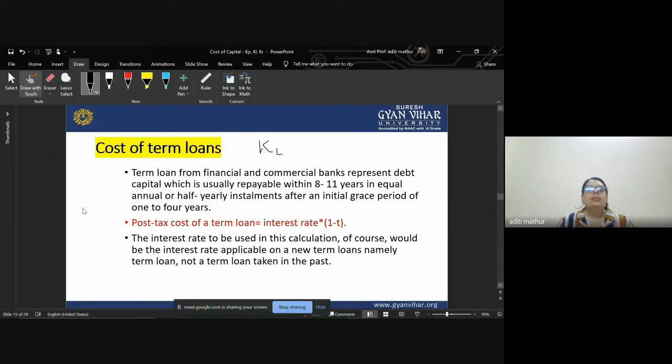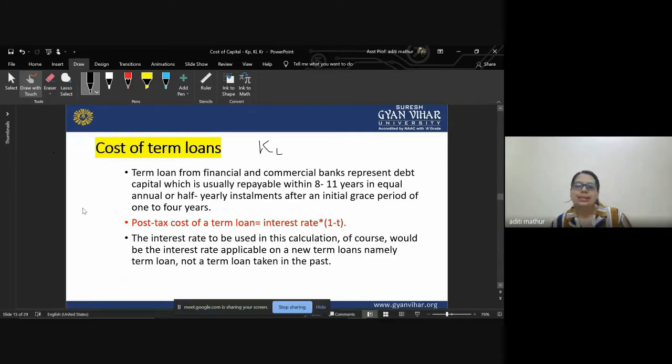The term loan from financial institutions and commercial banks represents debt capital, which is usually repayable within 8 to 11 years in equal annual or half yearly installments after an initial grace period of 1 to 4 years. Post-tax cost of term loan is equal to interest into